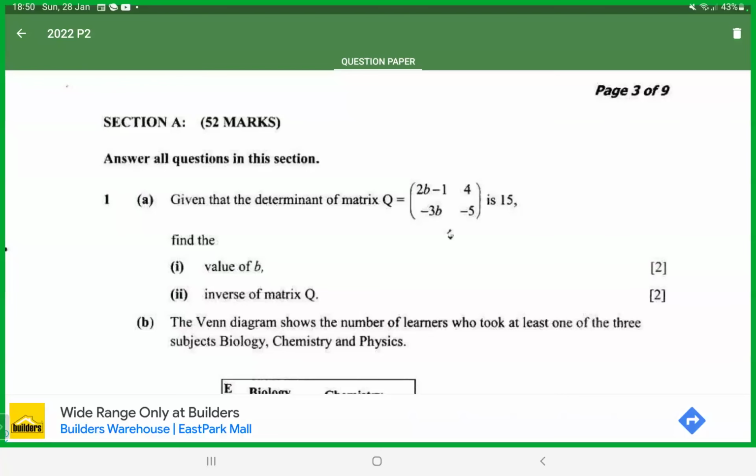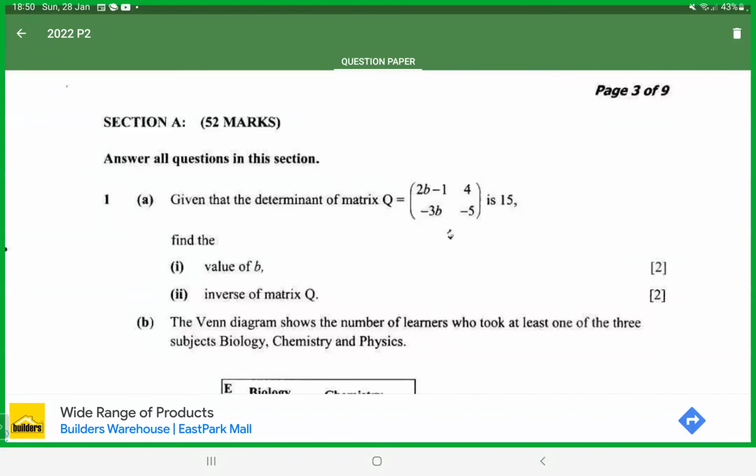Okay, so we are provided with question number 1 of the 2022 Paper 2, Mathematics, O level. The question reads: given that the determinant of the matrix Q, given by the matrix in the parentheses, is 15, find the value of B, and then the inverse of a matrix. So basically, I want to show you, I'll begin by talking about how to find the determinant